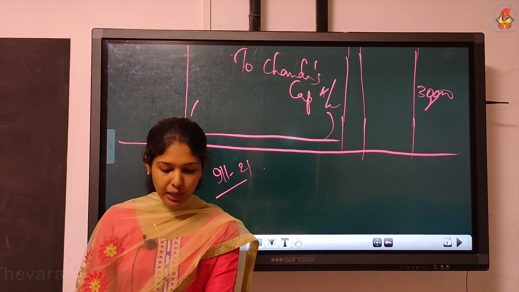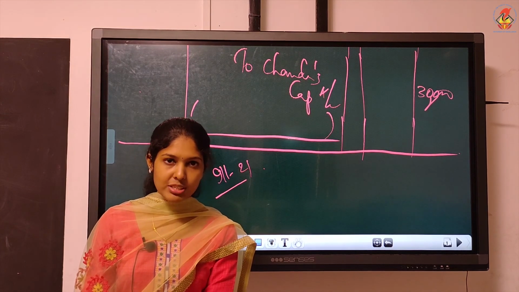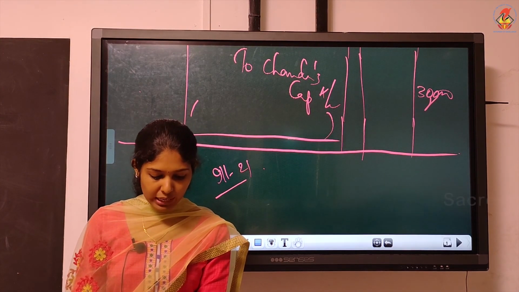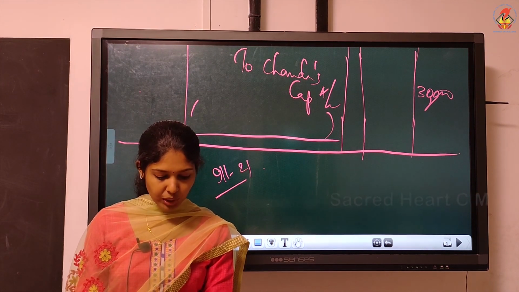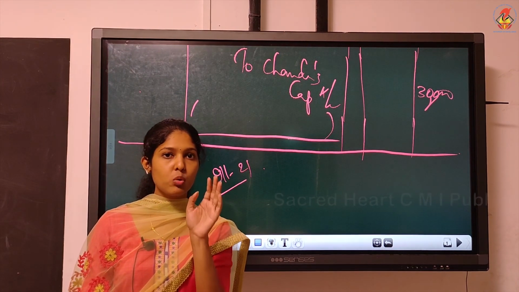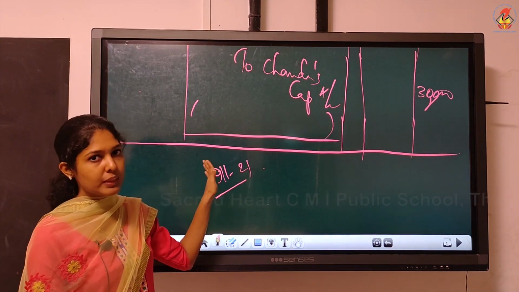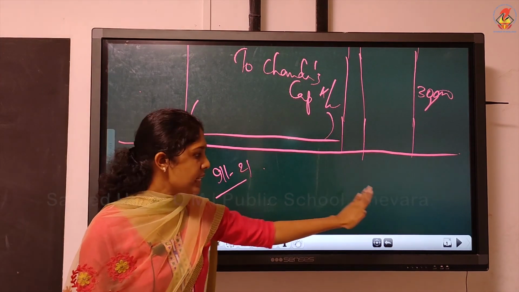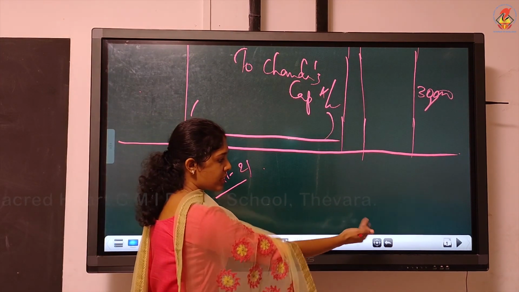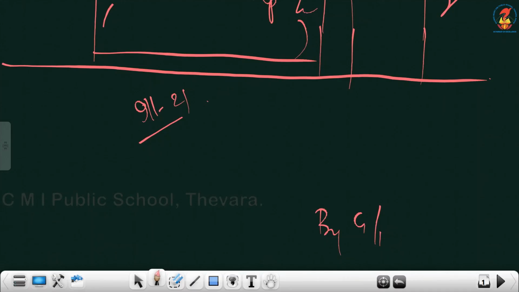X, Y and Z are partners. Ratio is given. Z is retiring from the firm. On the date of Z's retirement, the following balances existed in the books of the firm. General reserve is there. P&L account debit balance. Now, general reserve on which side of the balance sheet can you see? General reserve will be there on the liability side. Now, when you transfer to partner's capital, it will be by general reserve. And what will be the journal entry? Posting you all know. By general reserve in partner's capital.